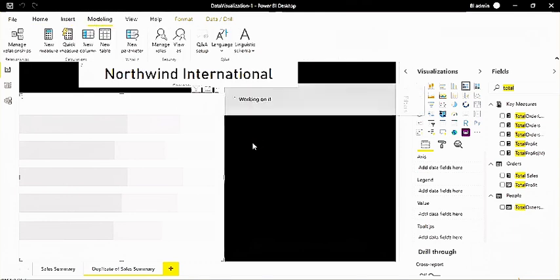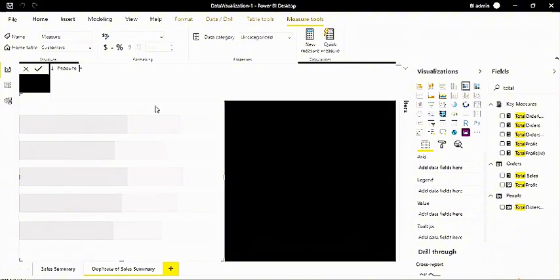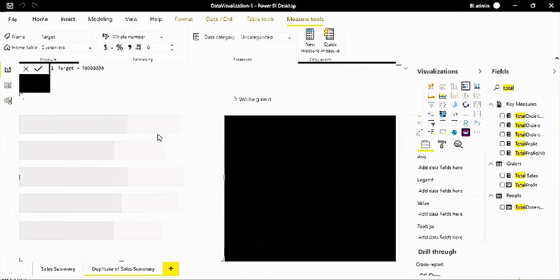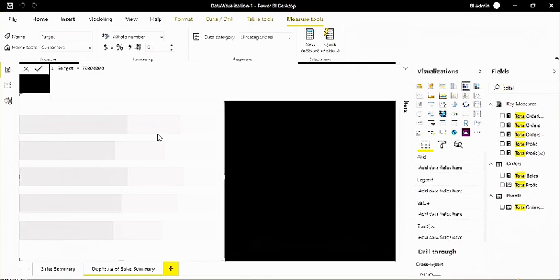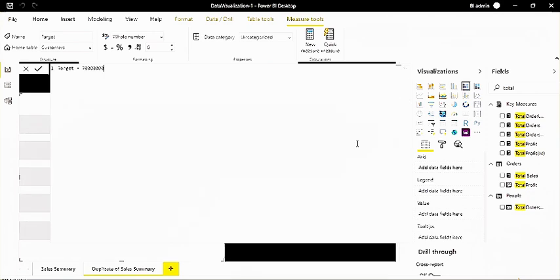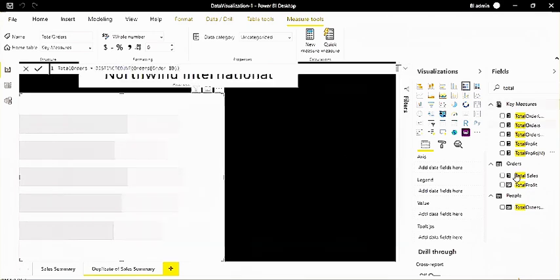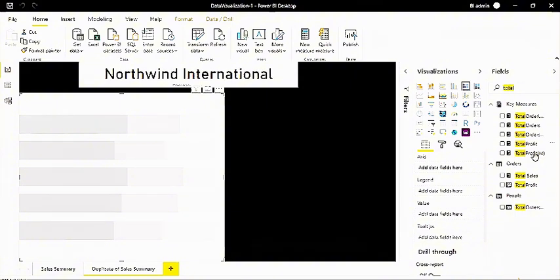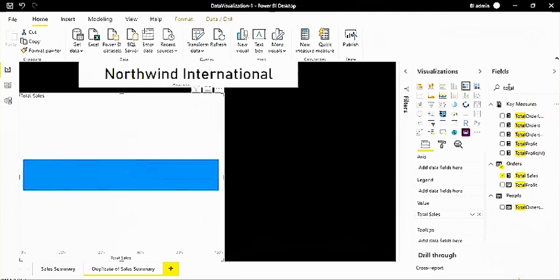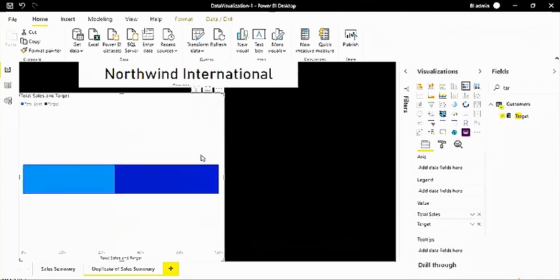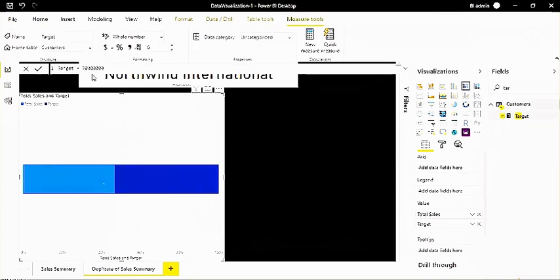I'm just creating a measure here. This is my target. Now my target is, let's say, 70 million. Now I'm going to add the actuals versus target here. Okay, so where is my sales? Add the sales column here, total sales, right? So I added the sales, drag and drop it directly. And where is your target? Now, if you see here, I almost have to change the target to 100.